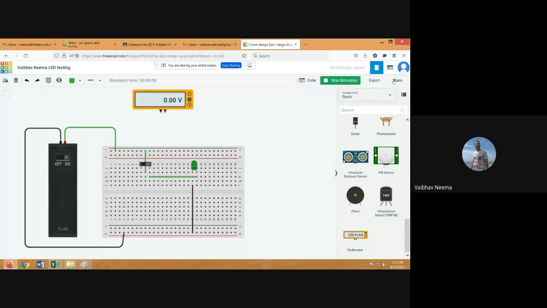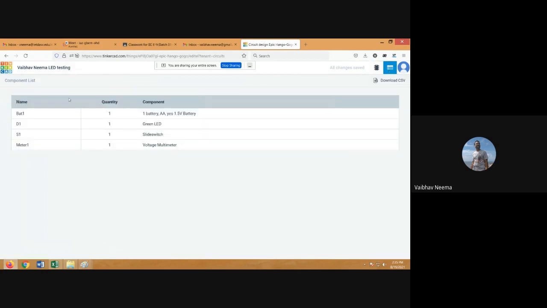Apart from that, you can see at the right hand side corner the circuit view, and one more view, known as the component view. When you select the component view, it will give you the list of components required to complete this circuitry. We have used one battery, one green LED, one slide switch, and one multimeter.